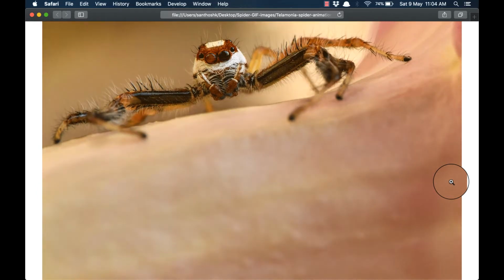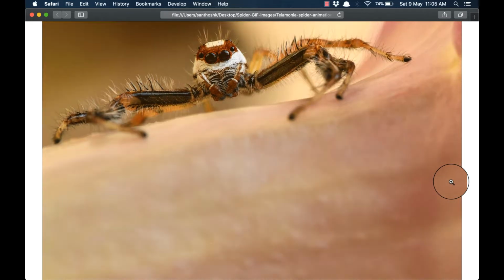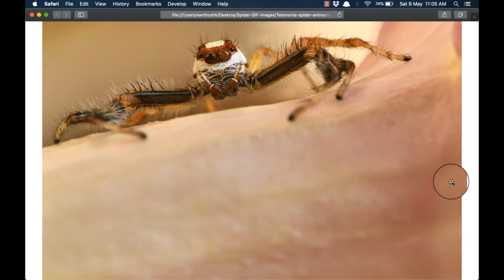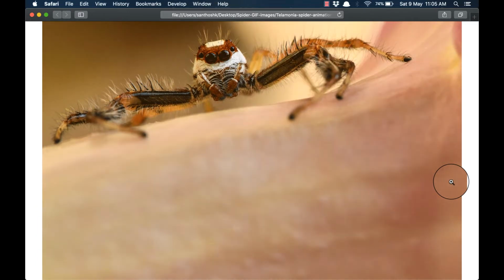Connected to those two big eyes that you see in the front are thin conical strips of muscles. At the far end of these muscles are the retina, the light sensitive part of the eye. So, with this muscle, the spider is able to move its retina and orient its vision in different directions. Thereby, it enables the spider to change its direction of sight without having to reorient its eyes.